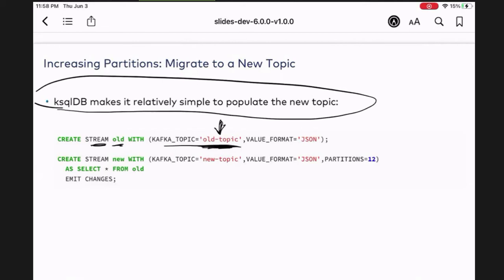And then I now have a stream of data from that topic. And then I can say create stream, new stream, for the new topic, right? And what's going to go into this new stream is the select star from old. So select all the data from the old topic and just send it to the new topic.